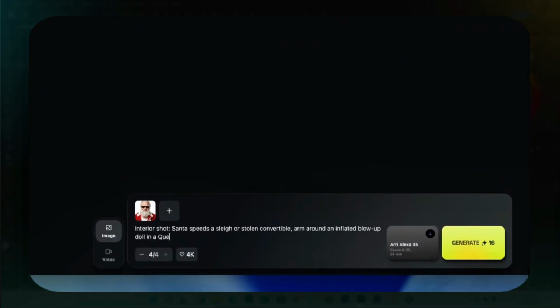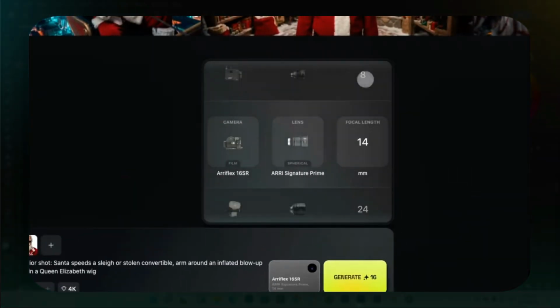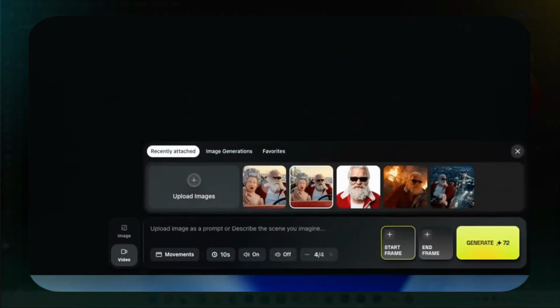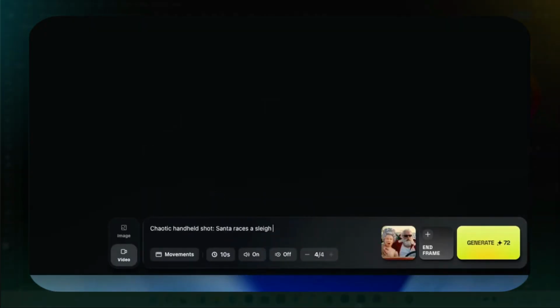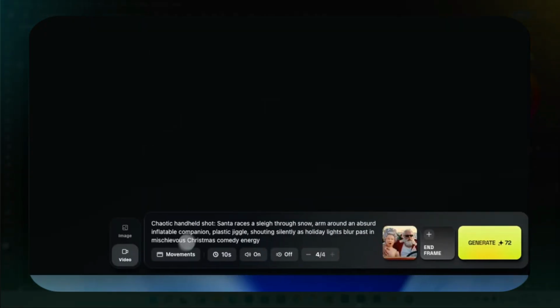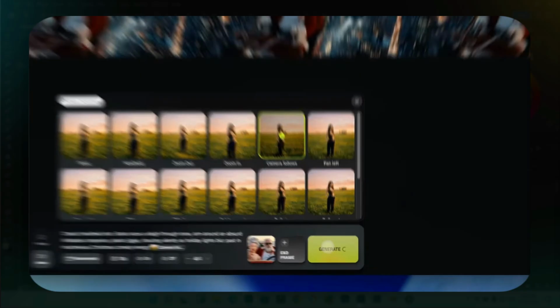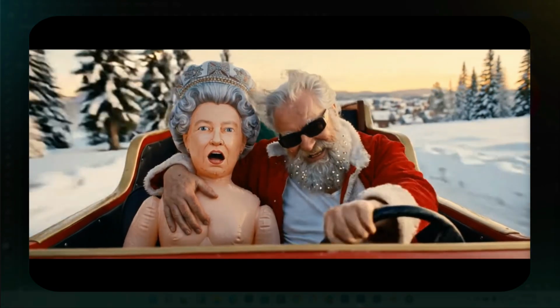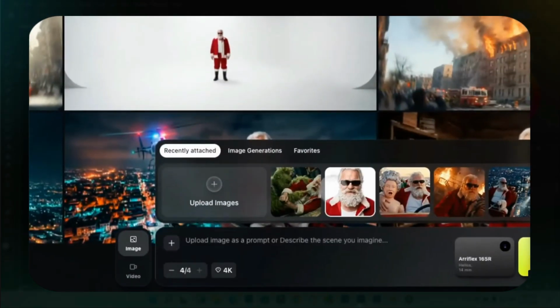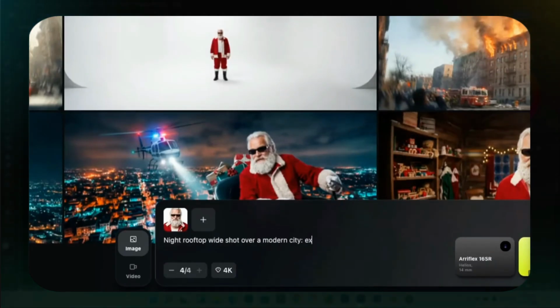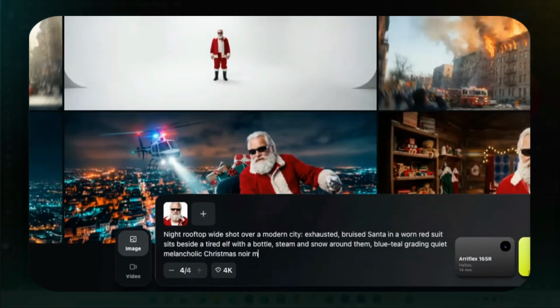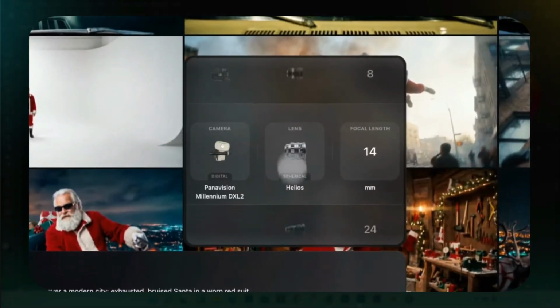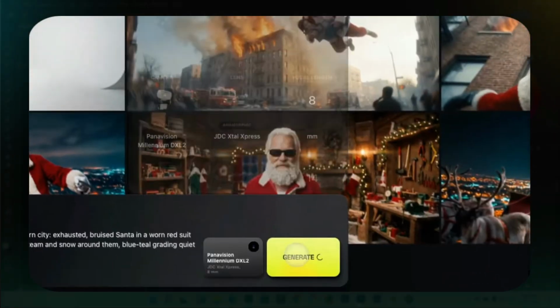AI is getting crazier every day. You can now create cinematic film shots, realistic camera movements, real lenses, and real film aesthetics without knowing anything about filmmaking. No expensive gear, no complex prompts, and no technical headaches. So I'm going to be testing out the Higgsfield Cinema Studio, and this is the cleanest AI cinema workflow I've